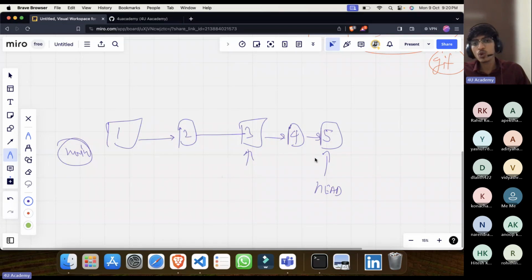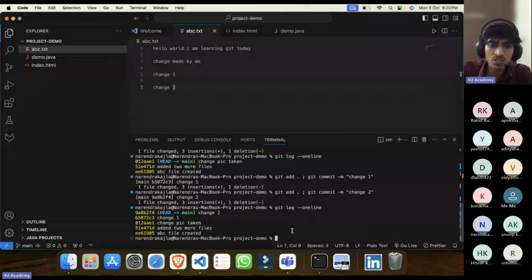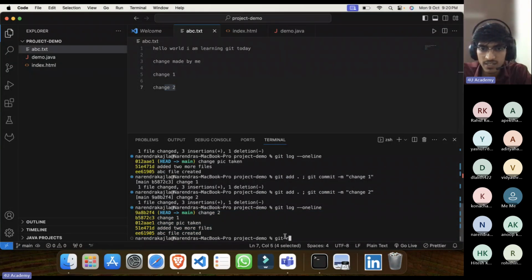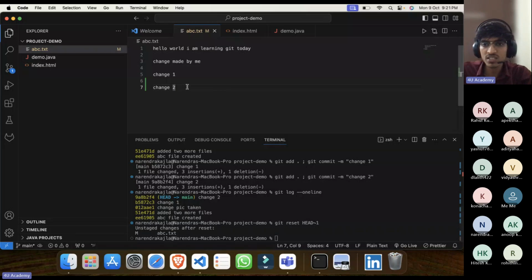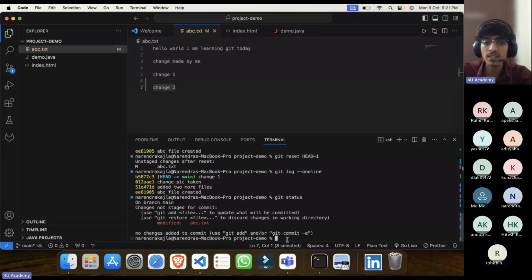Now I want to go back just one step. I realized I only want to go one step back, so I can use this command: git reset HEAD~1. So as you can see, there are 5 changes. I want to get rid of this last change. I can use git reset HEAD~1. As soon as I do it, you see it is again unstaged. That commit is deleted and it is again unstaged. So change 2 is not on the stage, not in the history. Let me show you. See here, that is removed now. If you do git status again, it is untracked.